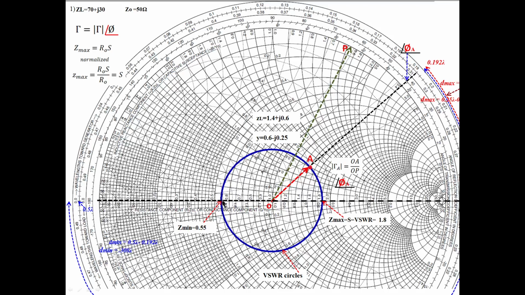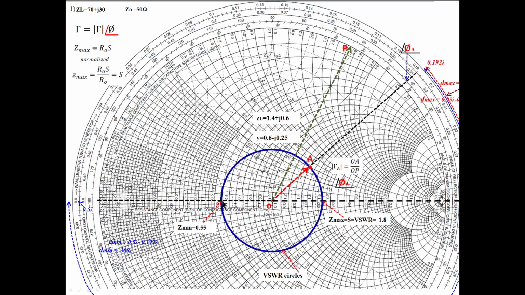What is the reactance value? Reactance circle, you see which reactance circle is passing through this point. This reactance circle is not passing, this is not passing, this reactance circle is also not passing. See, one more reactance is there here, that is passing. Actually that value is equal to 0, the reactance circle value of this is 0. So X value is 0 and resistance is 0.55. So 0.55 is the normalized minimum impedance here.